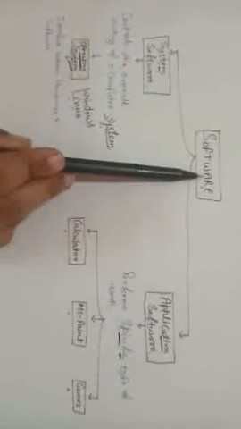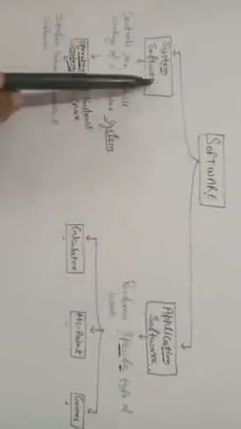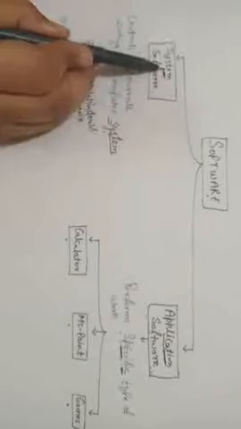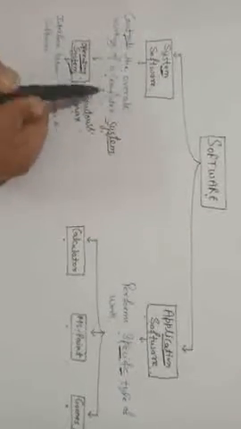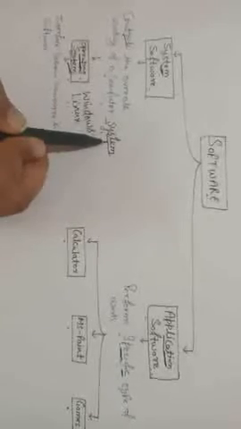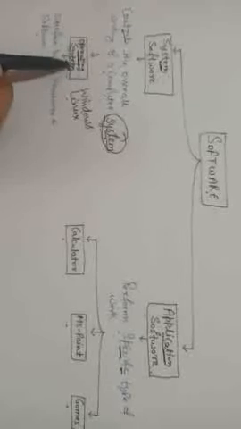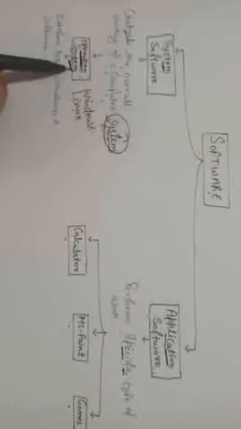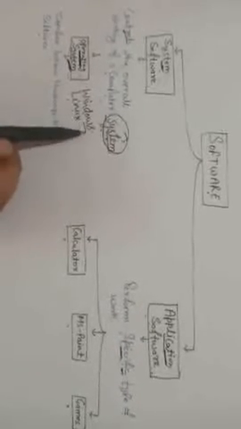Now I am going to explain about software, which are those parts which cannot be seen and touched. There are two types of software: system software and application software. System softwares are the software which control the overall working of a computer or a system. For example, operating system. As it's clear from the name, operating system operates a system, which operates a computer. For example, we are having Windows, we are having Linux.